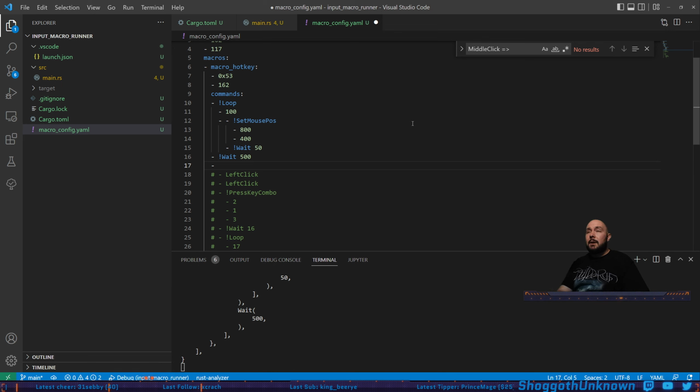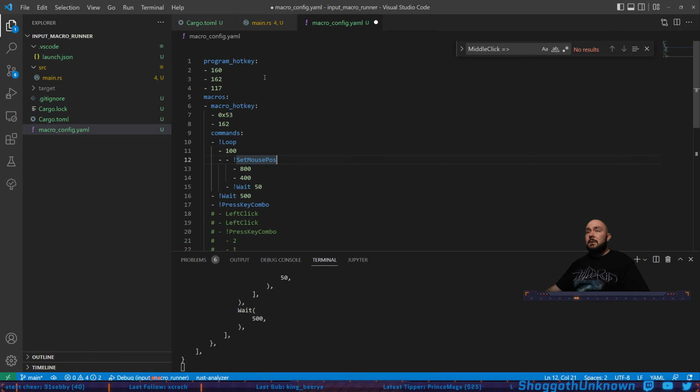Could be fun. I got a better idea even. What's the first command? Yeah, we press E combo. For this though, I'm going to do Control F6, so I think